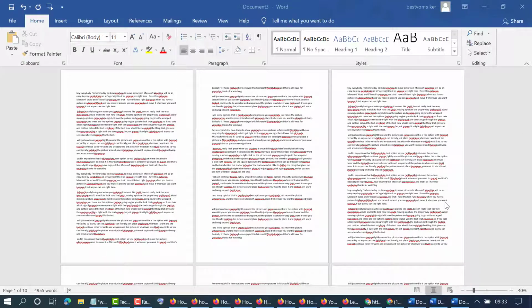Hello friends, in this video I want to show you how to make different color pages in an MS Word document. So friends, if you want to make your document's pages different colors, there is a very simple and easy method. Firstly, click on Insert,